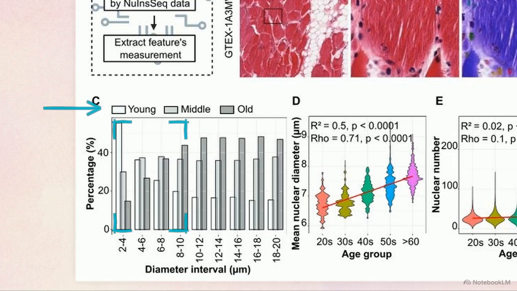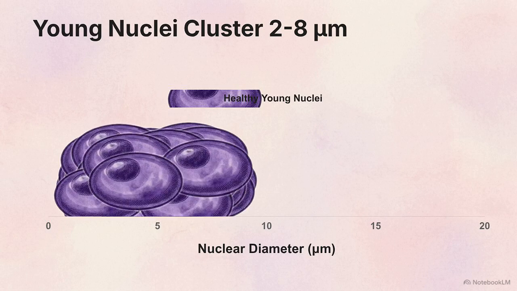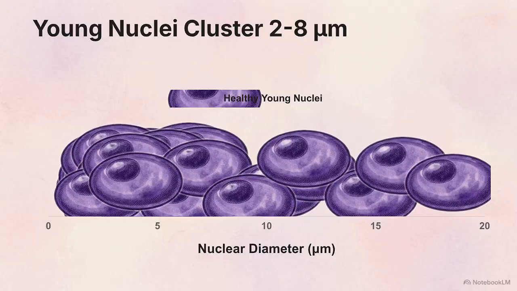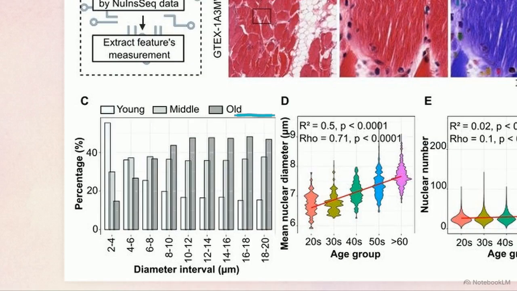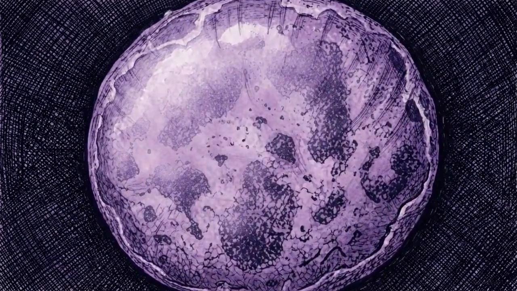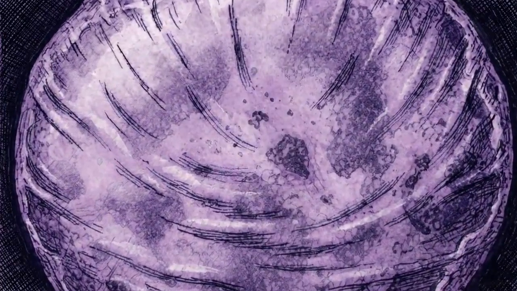Notice the healthy baseline in younger samples, indicated by the white bars. The overwhelming majority of young nuclei are tightly clustered in the small 2 to 8 micrometer range. As donor age increases into older cohorts, shown by the dark gray bars, the distribution drastically skews to the right, filling the 12 to 18 micrometer range. This population-level data demonstrates that tissue aging is not characterized by random decay, but by a highly specific, directional physical